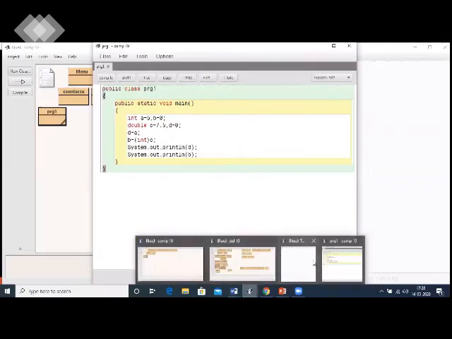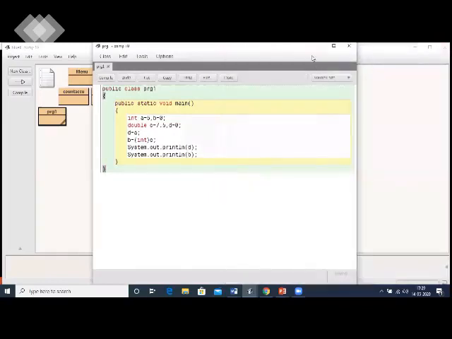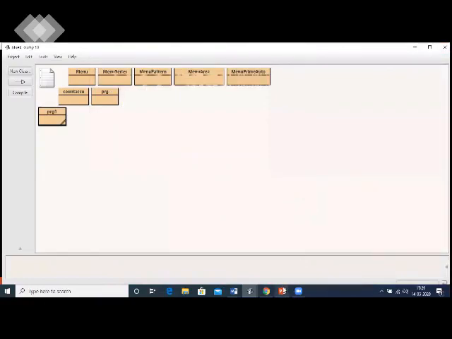When it is converted to integer, only the integer part is visible. The decimal part, 0.5, is not visible because in the line b equals int c, we have done conversion from a higher data type to a lower data type using the cast operator int. So this is how it works, implicit and explicit conversion.